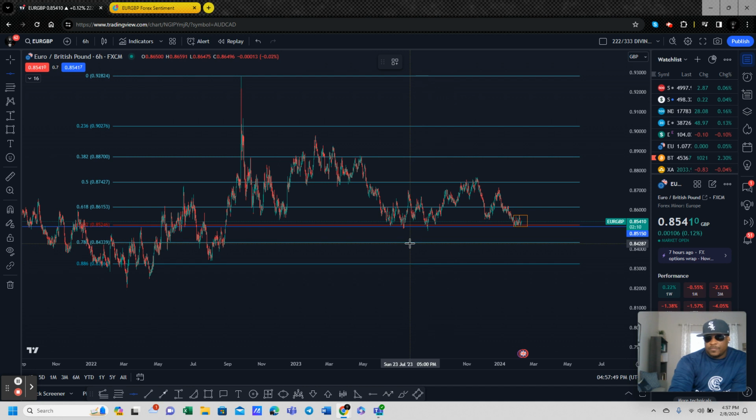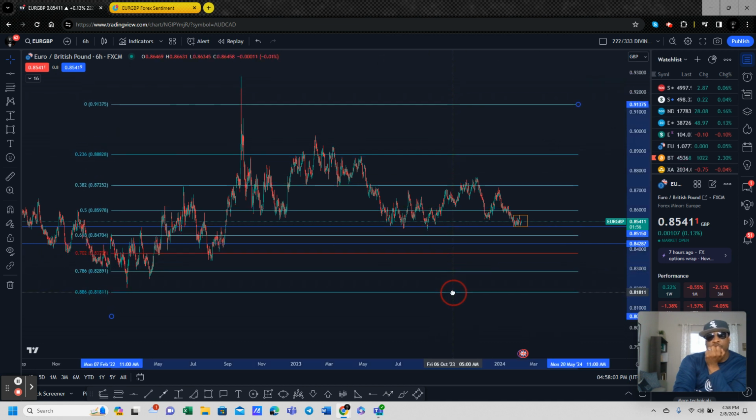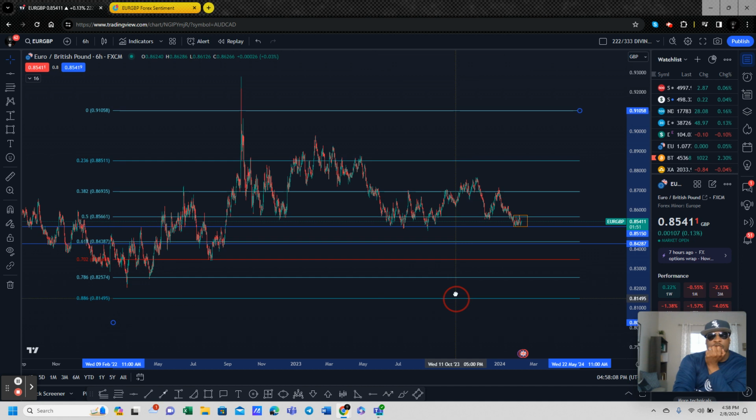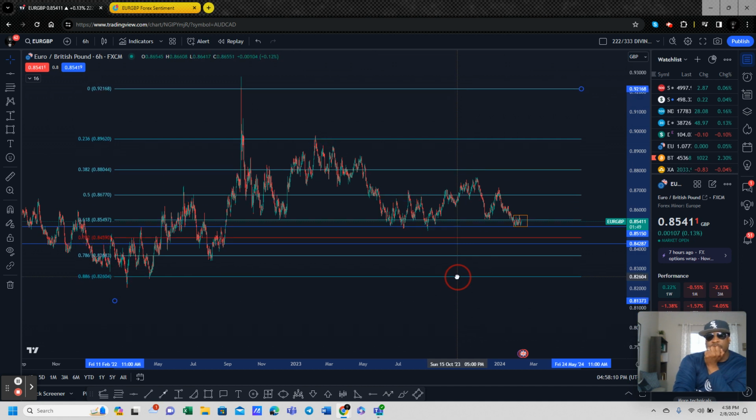If it comes to this level, this is one of the key levels, the 78% retracement. We breached the 72, I'm sorry, the 70, which is this red. You can't see it, but if I move, see this red right here, that's what's right there. But that was the 70 percent